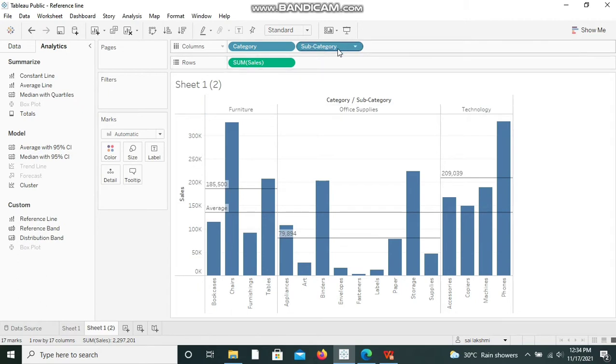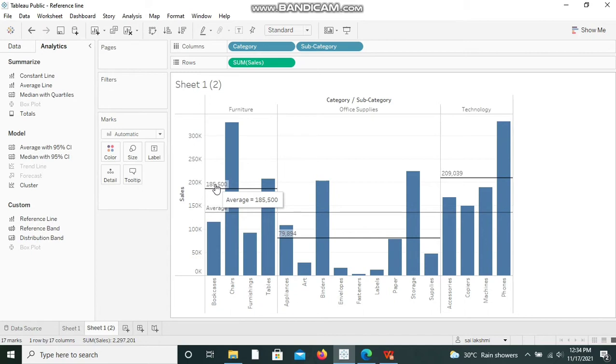Since we have dropped each and every subcategory over here, we can see the segregation of category and subcategory, and this average line belongs to the entire table, and the other reference line which is displaying the value is related to each and every category, and it is based on